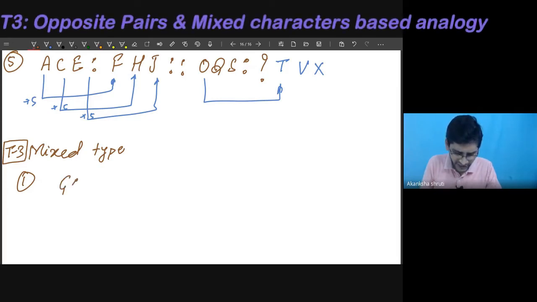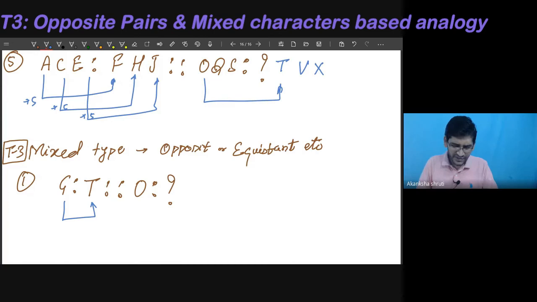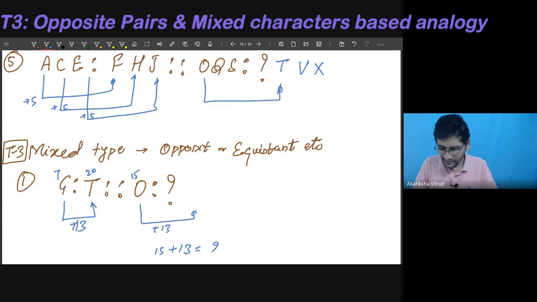Say if G is to T, then O is to what? So G is our 7, T is our 20, so it is like our +13. You can get this. So add +13. O, the position of O is 15. 15 plus 13. How much? It becomes